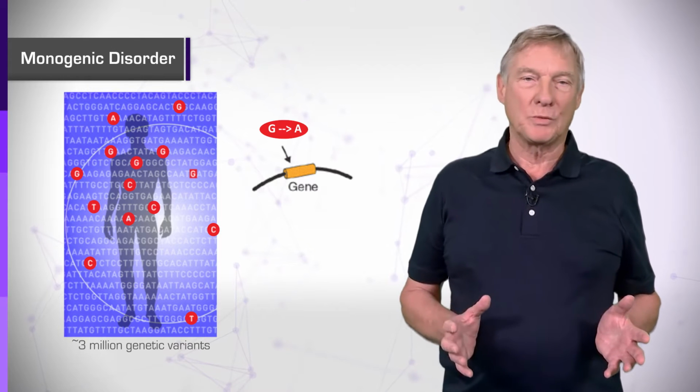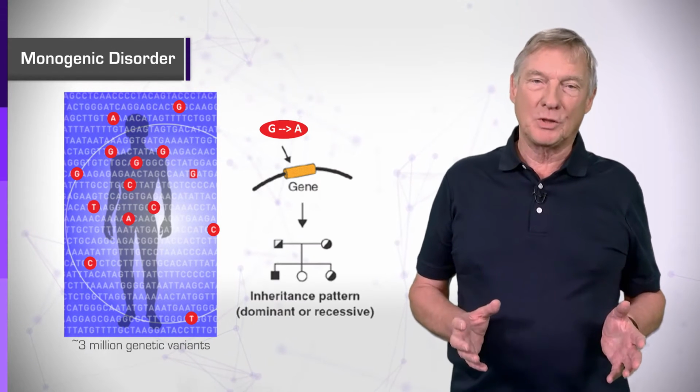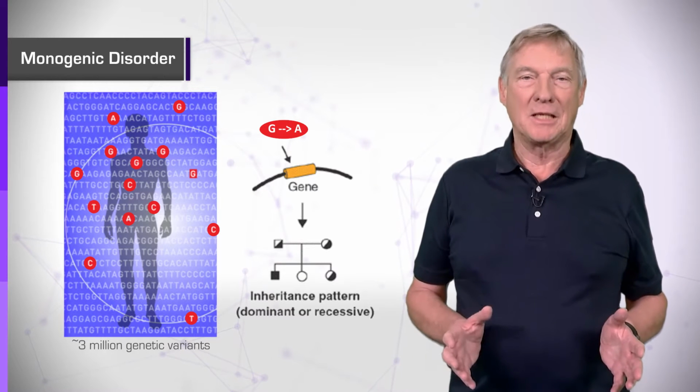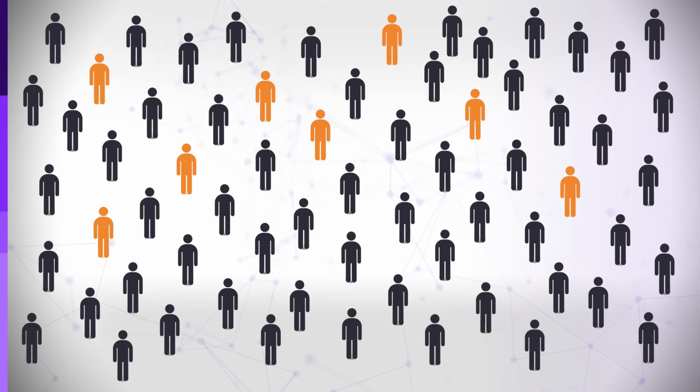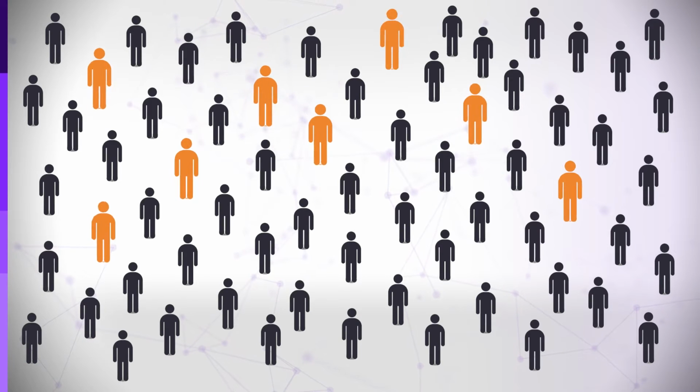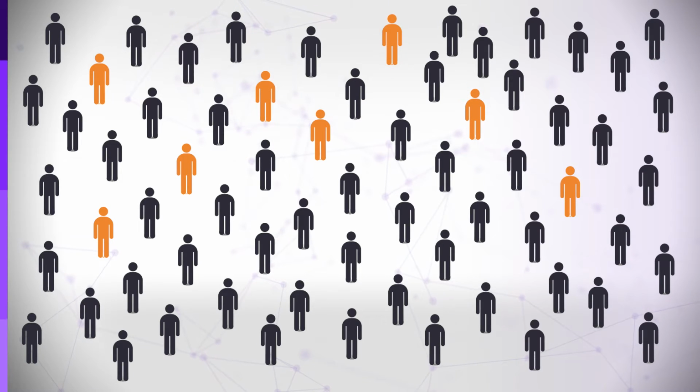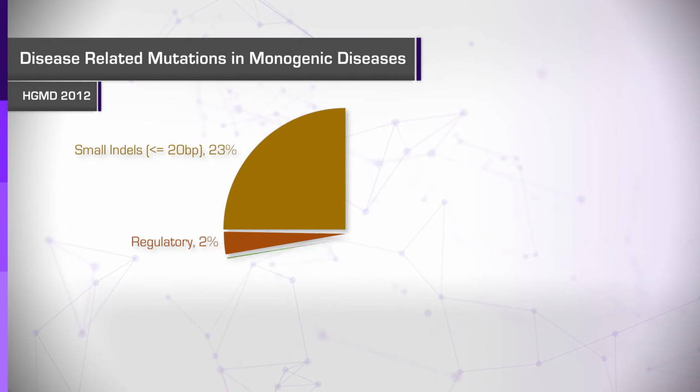Because these diseases are usually caused by variants in only one gene, they're referred to as monogenic disease and exhibit a Mendelian inheritance pattern. The result is 7,000 so far identified monogenic diseases. Each disease is rare, an incidence of 1 in 10,000 live births is top end, and for many only one or a few cases have ever been reported. Nevertheless, because there are so many of them, the total disease burden is high, with several % of the population affected. For any particular individual, identifying the causative mutation or mutations has the potential to improve treatment or to allow prenatal diagnosis. What sort of mutations are causative of monogenic disease?